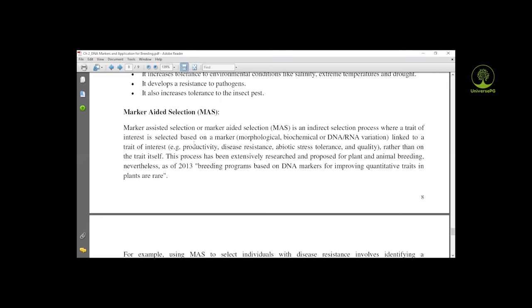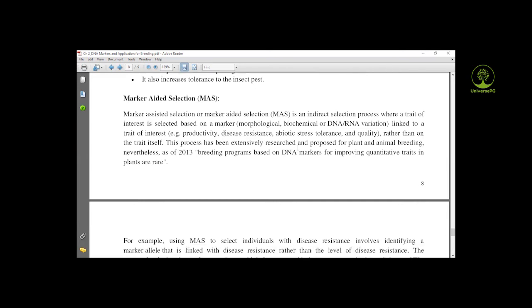We can use morphological, biochemical and DNA or RNA variation linked to a trait of interest rather than the trait itself. During the selection process, we use a marker for easy screening of the specific fragment or specific traits